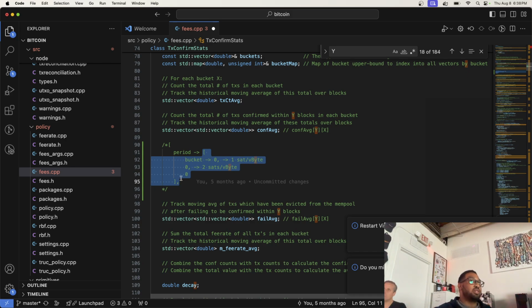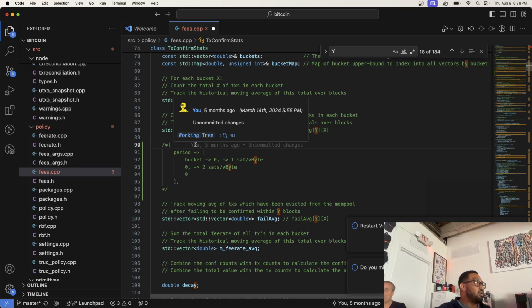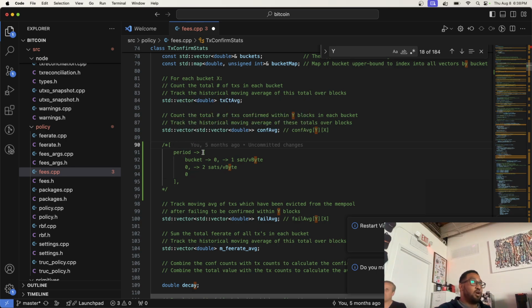Sorry, by weight I mean this 1 sat per vbyte, 2 sats per vbyte, like what's the term? Okay, these are buckets. So in the overall list, it's a histogram. Yes, within a period.